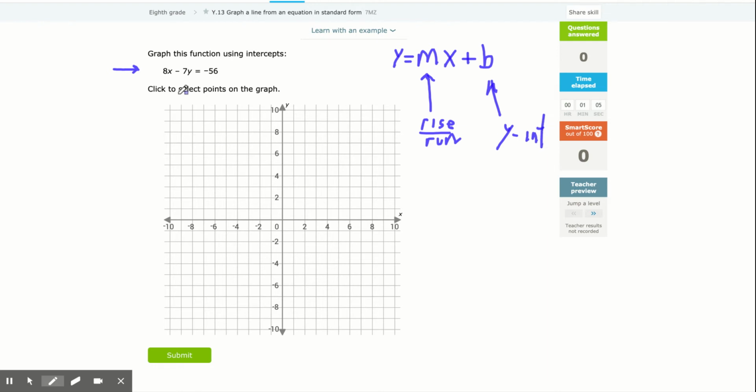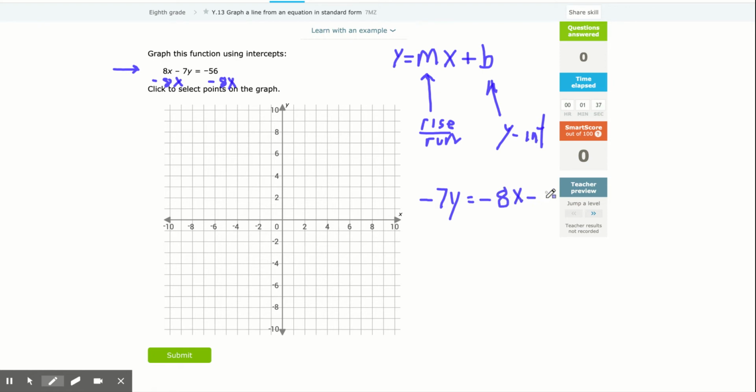Now, the last lesson we learned how to do this. We're going to minus 8x from both sides, because what we want to do is get the x term from the left side of the equation to the right side of the equation. Now we need to also remember that the negative 8x is not a like term with the negative 56. So I'm going to write this down here now. I am left with the negative 7y. So don't drop the minus sign in front of the 7y, but equals that negative 8x